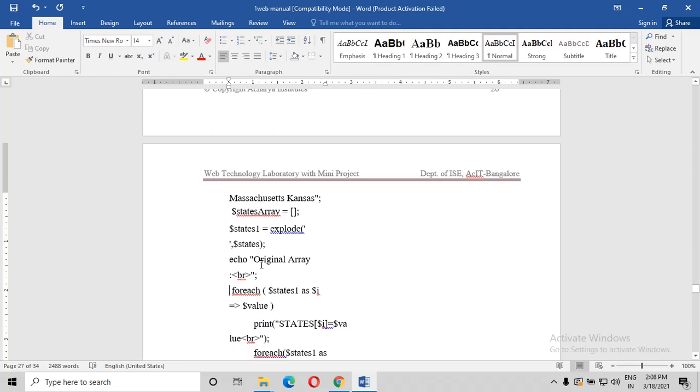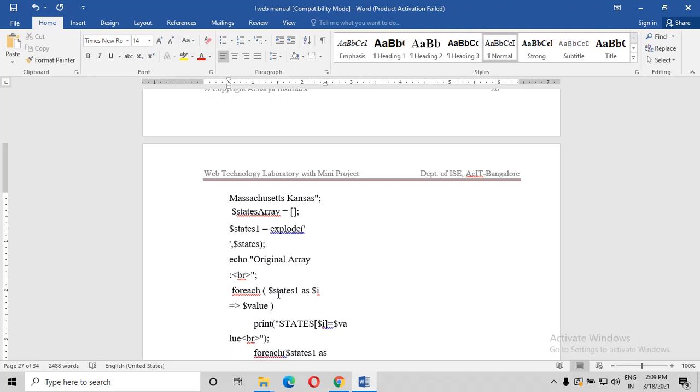And what is this foreach? Next line, you see here, the foreach. Inside the foreach loop, we have taken dollar states 1 as dollar I. The value, I, is pointed to the dollar value. What does it mean? A foreach loop works only on arrays. Please do remember, foreach is a loop which will work only on arrays, right?